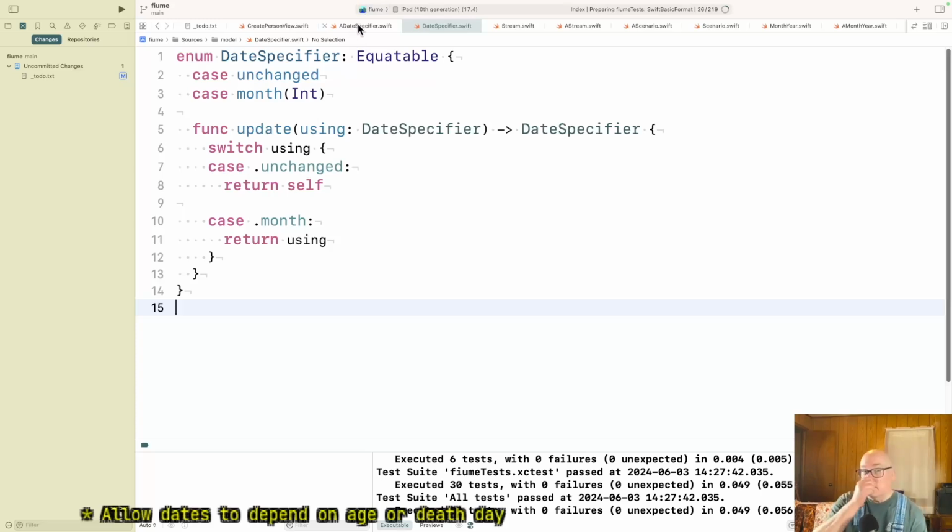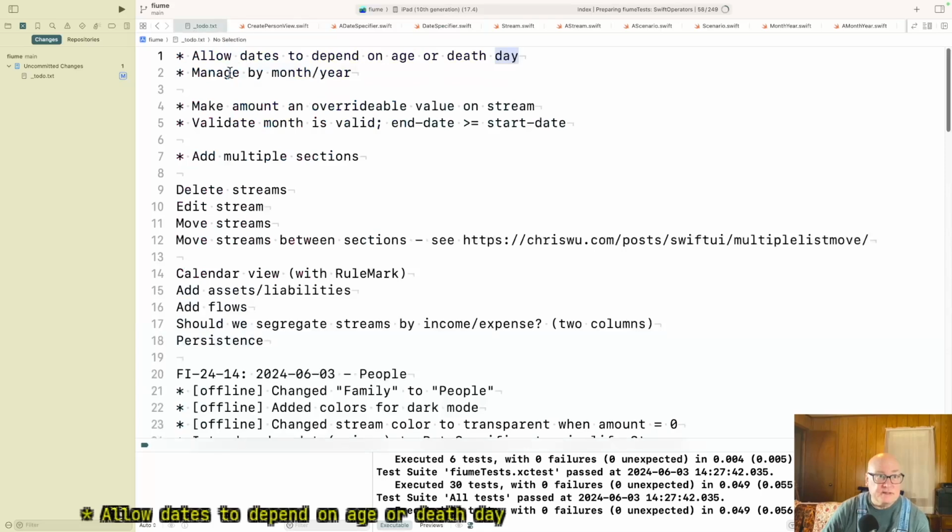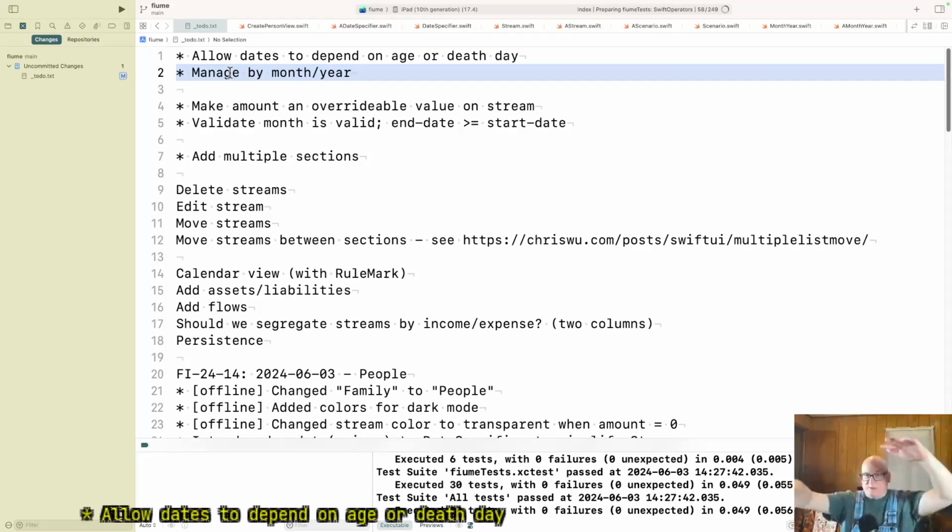Okay, and now I may be better off if I do this first, because right now, how do you get from month number to somebody's age? We don't have anything that ties it to a particular year. We just say, so many months.